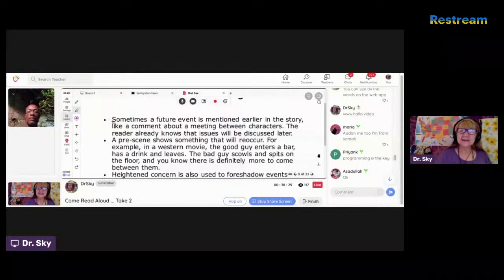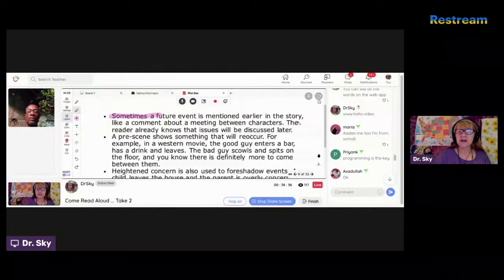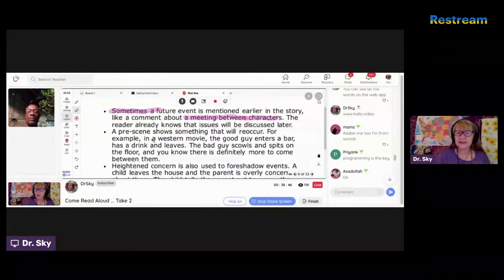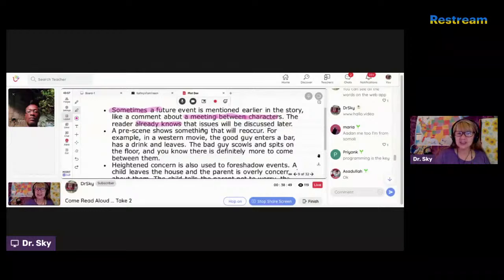Sometimes a future event is mentioned earlier in the story, like a comment about a meeting between characters. The reader already knows that issues will be discussed later.